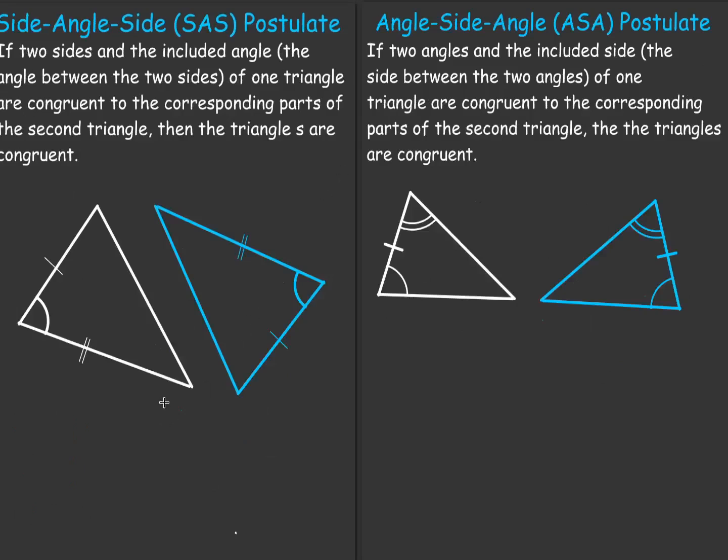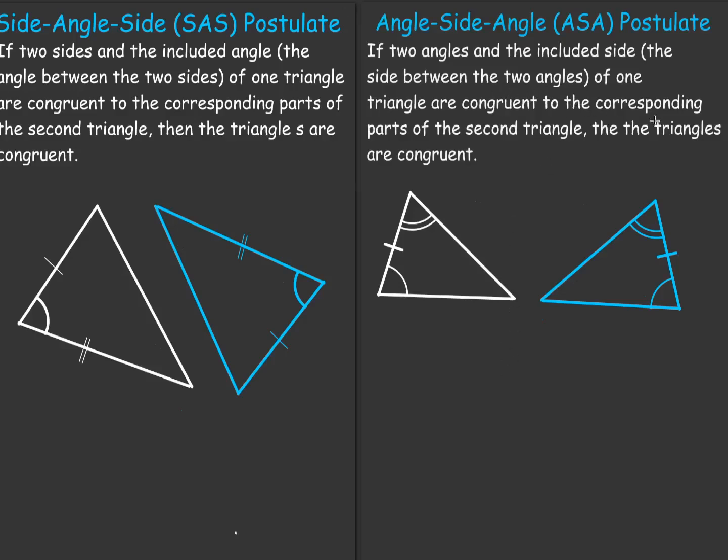Now, the third postulate, as you see on your screen, is also a very straightforward one. And that has to do with you being given 2 angles and then a side. Now, this side we are talking about is an included side. That is the side in between the angles. So it says if 2 angles and the included side of one triangle, so of this one, these are the 2 angles and then the included side, are